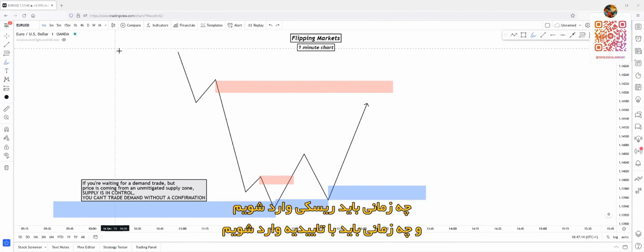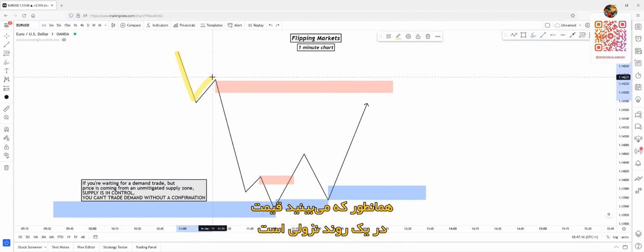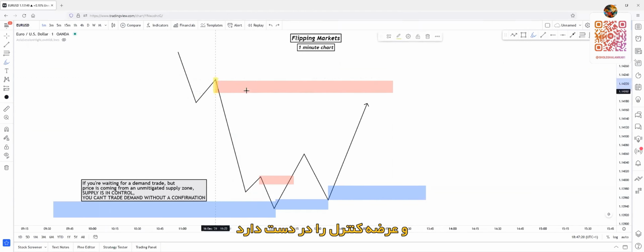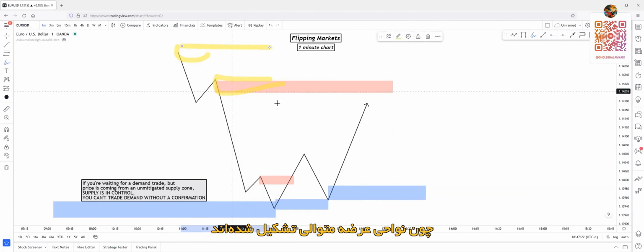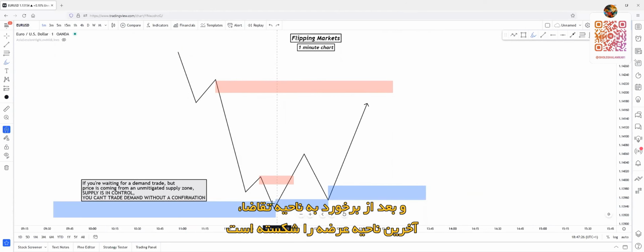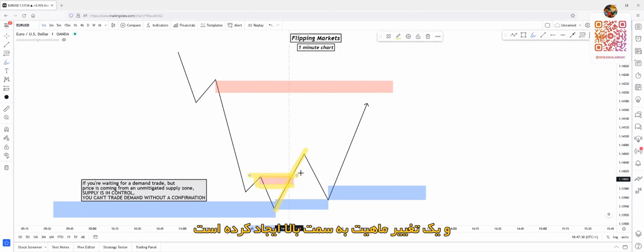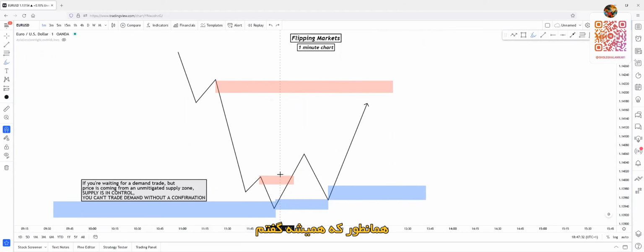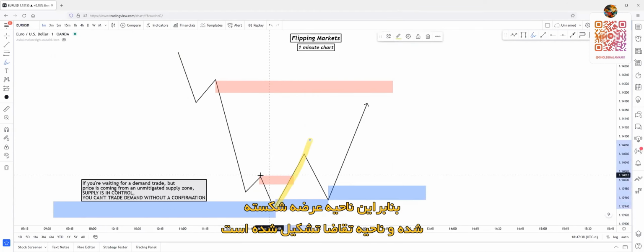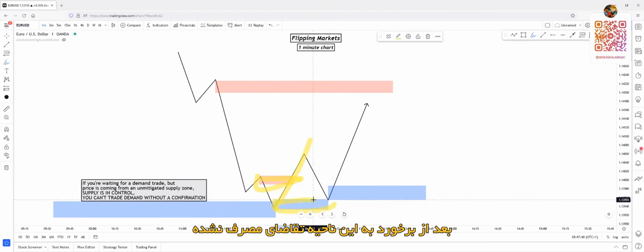Okay, let's see an example for when can you use risk entry and when should you wait for confirmation entry. As you can see, price is moving in a downtrend here, creating a series of lower lows and lower highs. Supply was in control because supply was formed continuously, but price tapped into a demand zone. And after the demand tap, price broke through the last supply zone and created a change of character to the upside. And as I always say, if price breaks through a zone, an opposite side zone will be automatically created. So price broke through a supply zone, so a demand zone was formed.